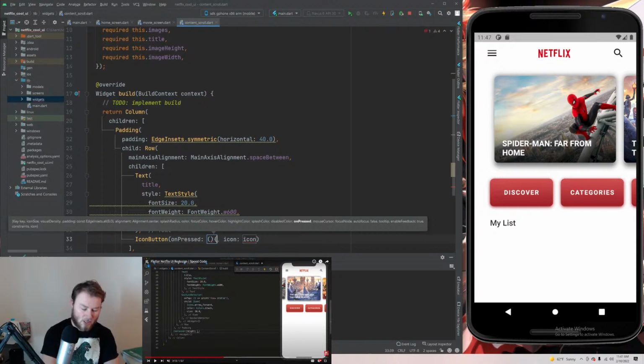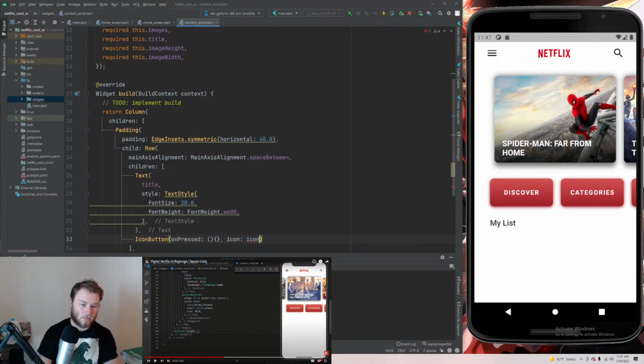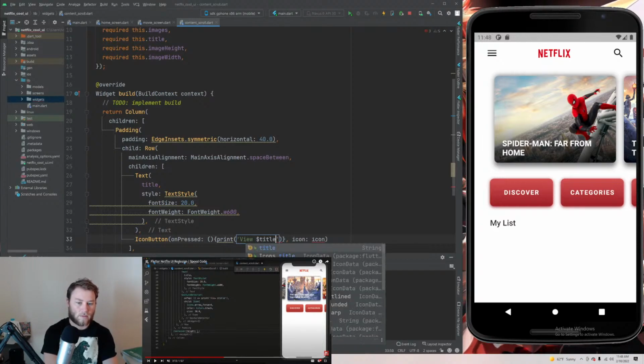Icon button on pressed. We're gonna print search something. And the icon is gonna be